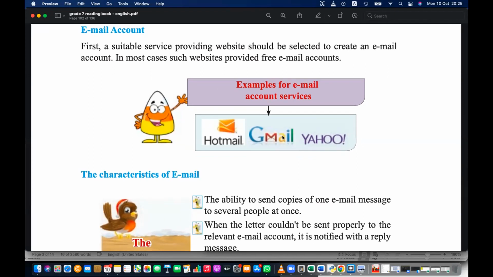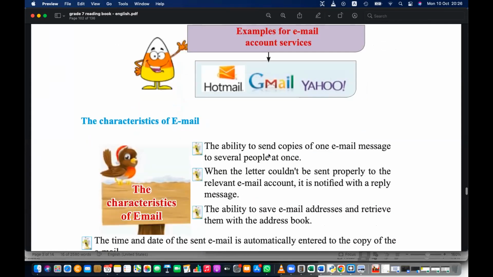You can open an email account using Hotmail, Rocketmail, Yahoo Mail, Gmail. These are webmail providers. Actually, these are websites providing email services. Not only that, companies normally provide email accounts too. Those are not web-based emails. When we join a company, they will provide an email address. That is also another way of getting an email.